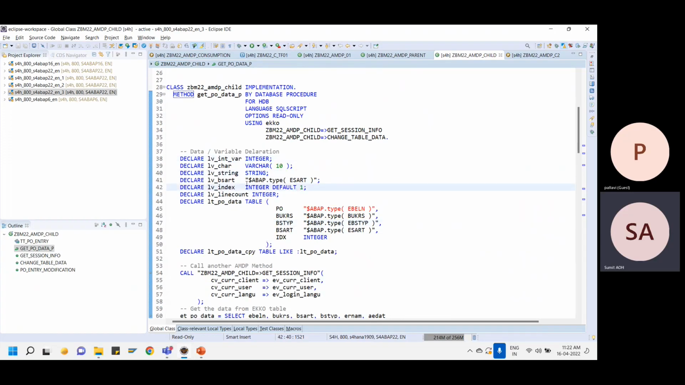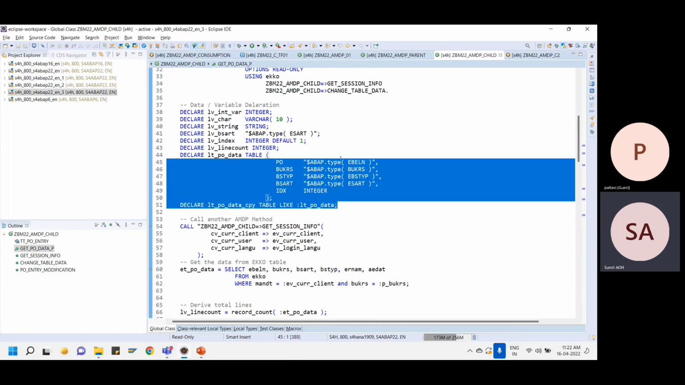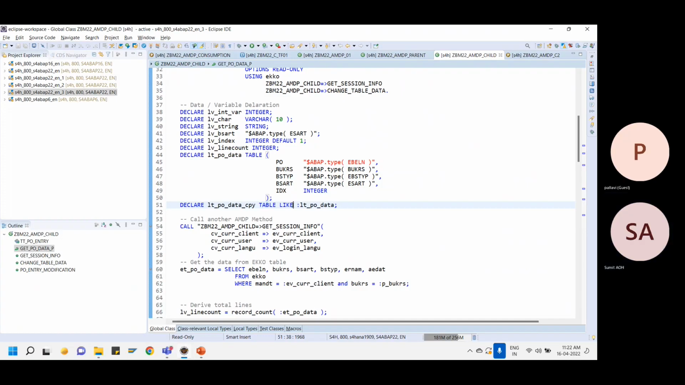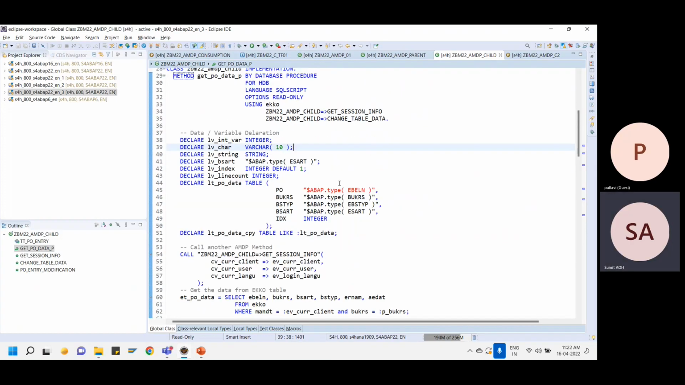individual variable connected with a data element, a table type variable. And if I also want to copy the variable's type, then I can also do table like. In case I want to go with modularization, we learn that we can get the sessions information over here. For example, we created a separate method out of here and we call that method from one method, being